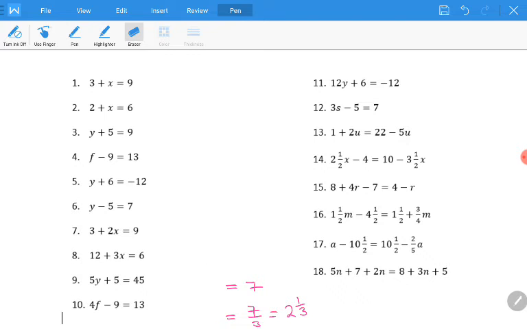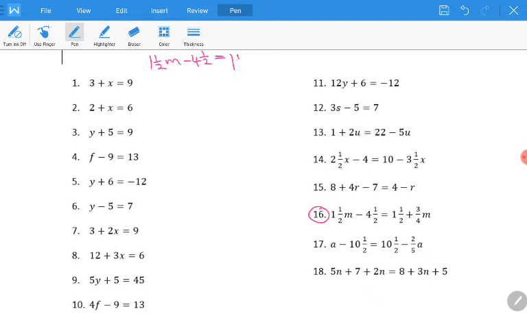So equations are not that difficult to deal with. You just need to apply a number of operations in order for you to segregate the unknown value. So we are looking at question number 16, which is looking more challenging, but it's not. It's saying 1.5m minus 4.5 is equals to